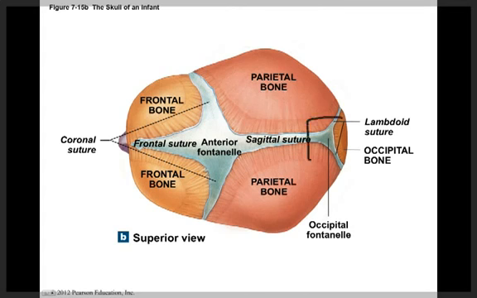Another fontanelle that we see on this picture is called the occipital fontanelle. It's where the sagittal suture meets up with that lambdoidal suture. That's the end of this section on the cranial bones, and we'll continue in the next section talking about the